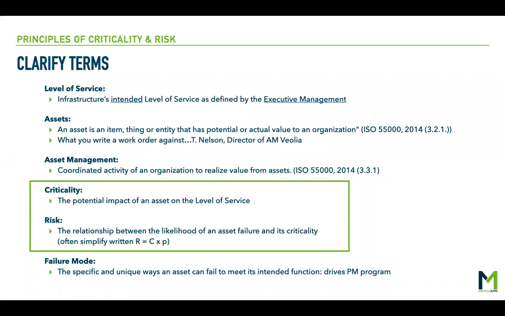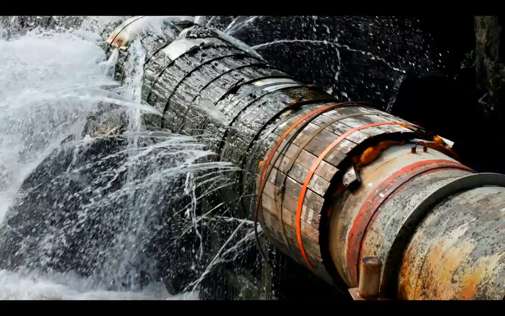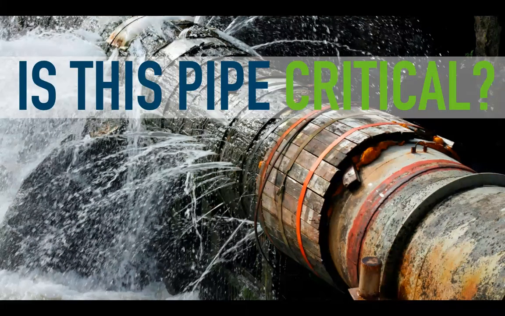But those are very, very important as well, because those impact how assets fail and their likelihoods. So, big question. And to dispel the confusion, we need to understand what is critical and what isn't. And so I have a question that we love. Is this pipe critical? And if we watch movies, and particularly the infamous Scotty on Star Trek,